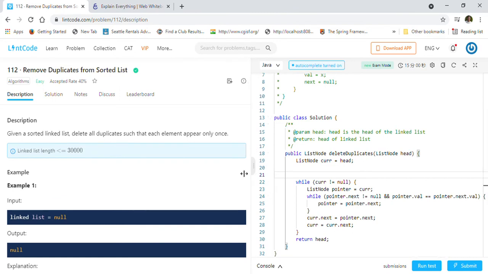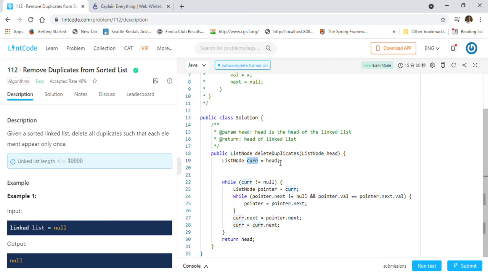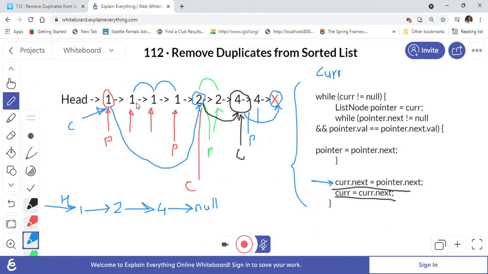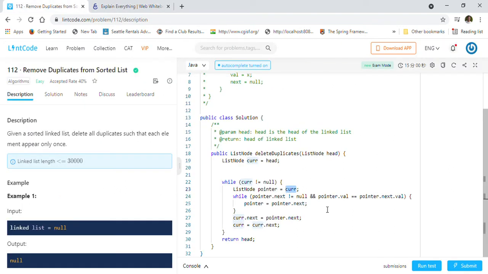As you can see here, I just created a current pointer, and it is pointing to head in the beginning, and then while current is not equal to null, meaning we want to iterate through the whole list, right? And we want to keep doing this basically. So we will take a pointer node, we will first point it to current, and then the pointer node will move forward until it finds the same values, like here, 1 1 1. So the pointer node will move forward until it finds the same value, and at the last point when it sees a different value, we will take current dot next and move it to pointer dot next, right? So that's what we are doing here.